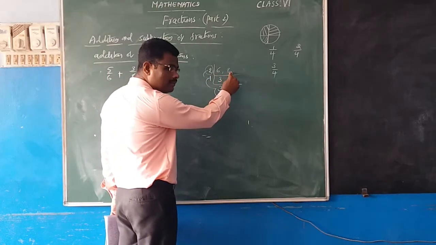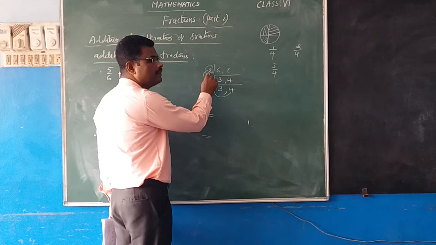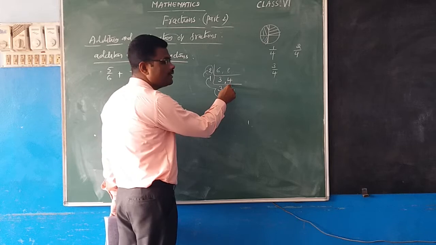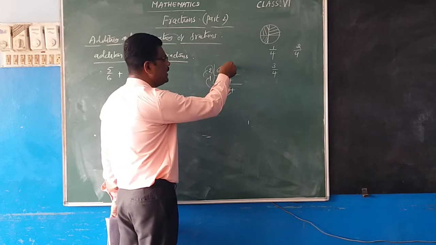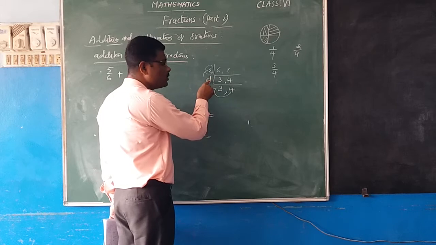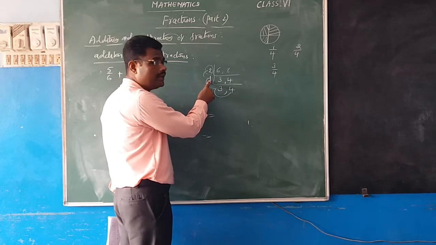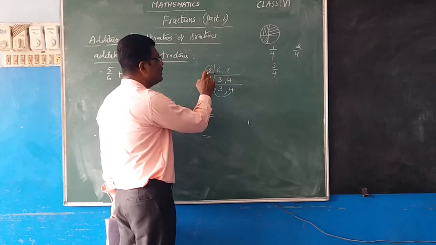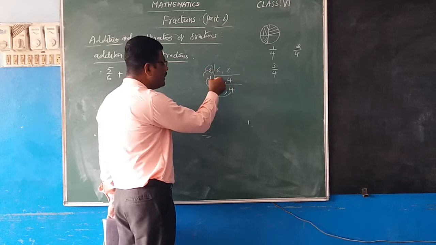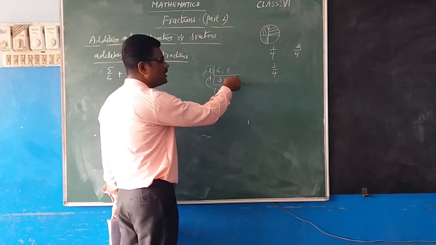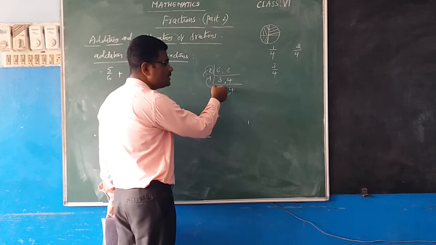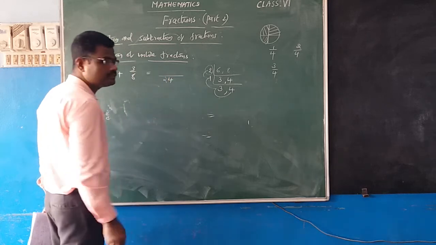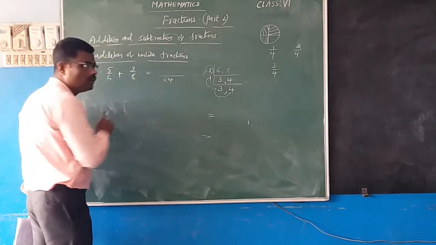6 and 8 are the given numbers. We have to divide by the least prime number 2. 2 threes are 6, 2 fours are 8. 3 and 4 have no common factor, no common divisor. So let's divide by 1. 3 and 4 remain as they are. Or you can stop after dividing one step. If you multiply these, 2 threes are 6, 6 fours are 24. So 24 is the LCM now. The LCM of 6 and 8 is 24.